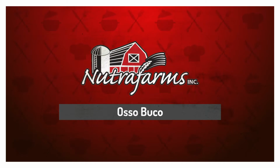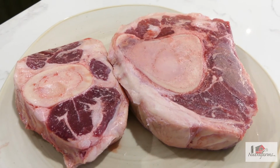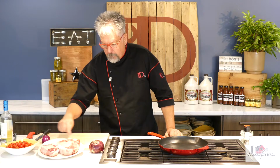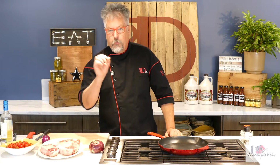Holly, you are so right. I love Osso Buco. And Osso Buco, Italian, it's braising meat, and it's, again, an inexpensive cut that just kind of jumped off the plate, as it were. We're using braised beef shank. That's what we're doing. You just see this beautiful thick piece of meat here. We have a beautiful marble around the beef, and then of course marrow in the bone, and I'll come back